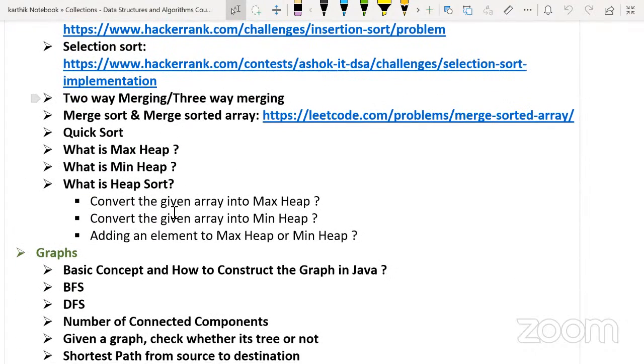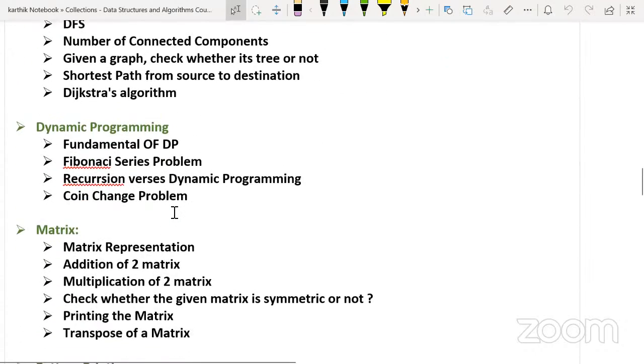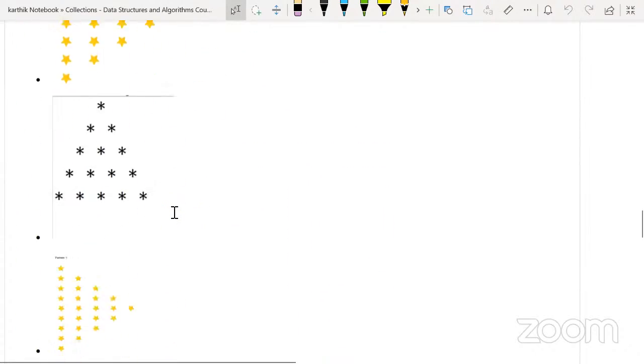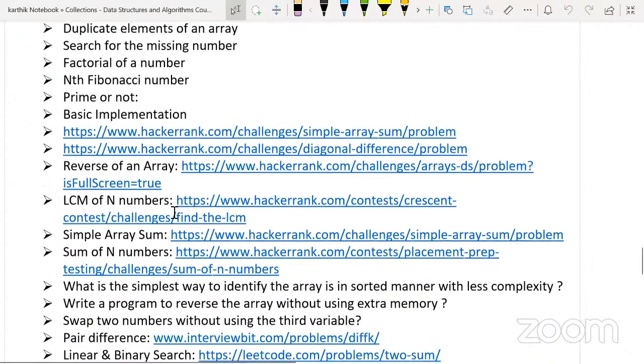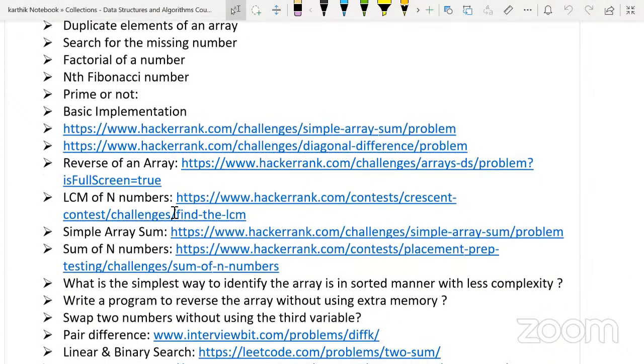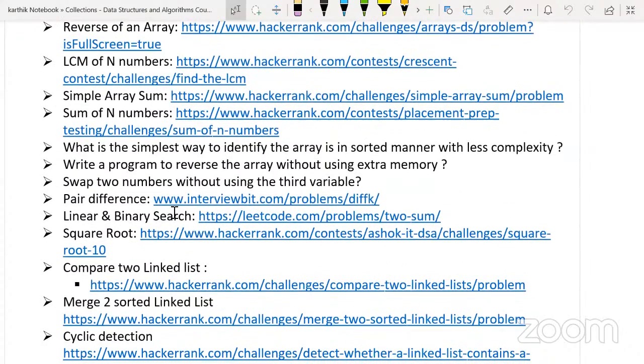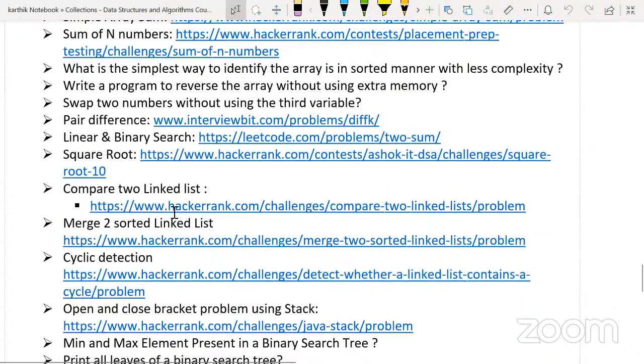Okay. And we are going to discuss trees, what is a max heap, what is a min heap, what is a heap sort, and then graphs, dynamic programming, matrix implementation, and pattern printing. And then we are going to discuss these many questions from HackerRank: LCM of n numbers, sum of n numbers, pair difference, linear search, binary search, square root, compare two linked lists,